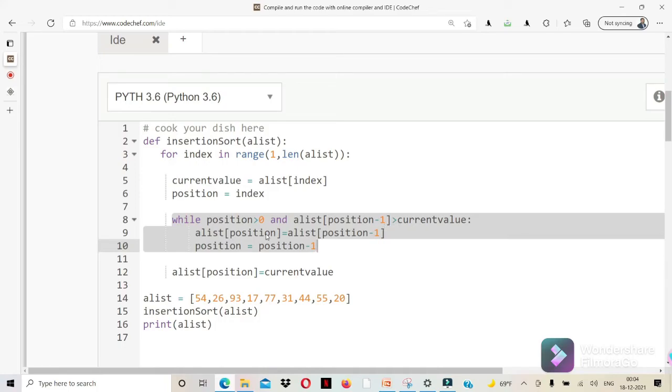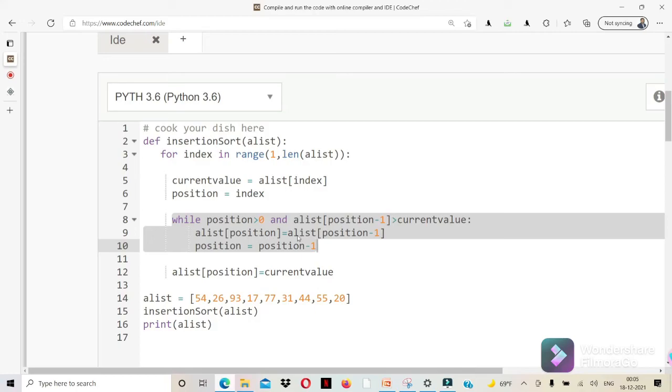Yes. So here the third position is going to be assigned the second element, and that second element position becomes the first position. In another iteration, the first position element is compared with the key element. There the first element is 14, which is greater than 10. Yes.